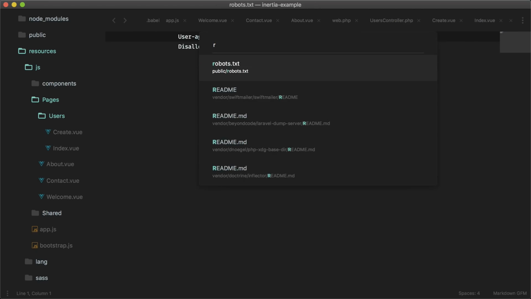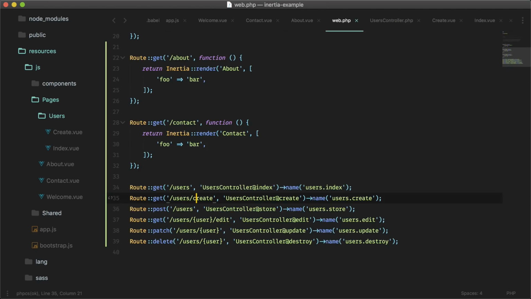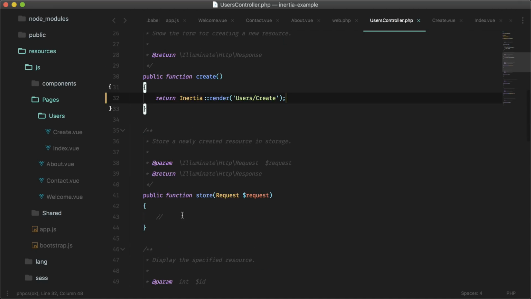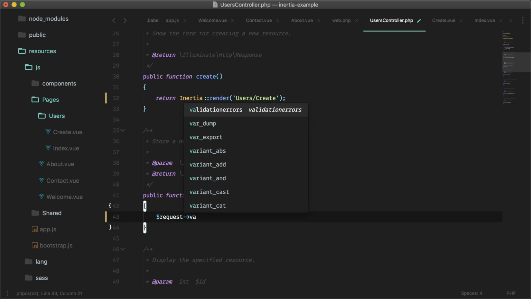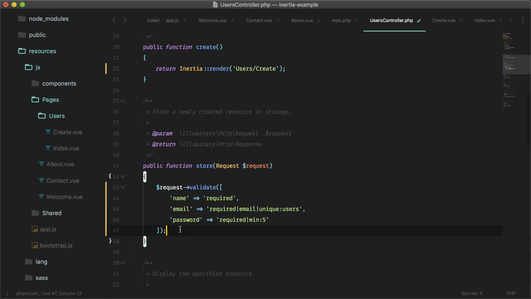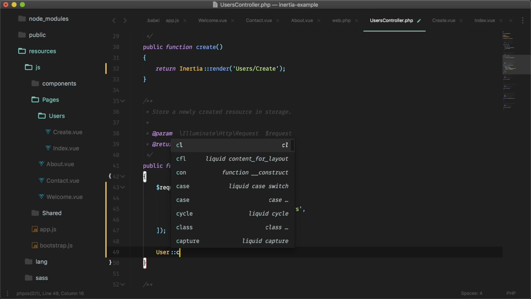So I already pasted in the route. So it would be this route. So at store. So down here. So here is where you usually do validation. So we can still do that. And I'll show you how to render that out in the browser. So we can do this, and we can just give it the validation rules required, and it's going to paste in the rest to save some time. Okay, so if this passes, this is where we can actually create the user. So user create,